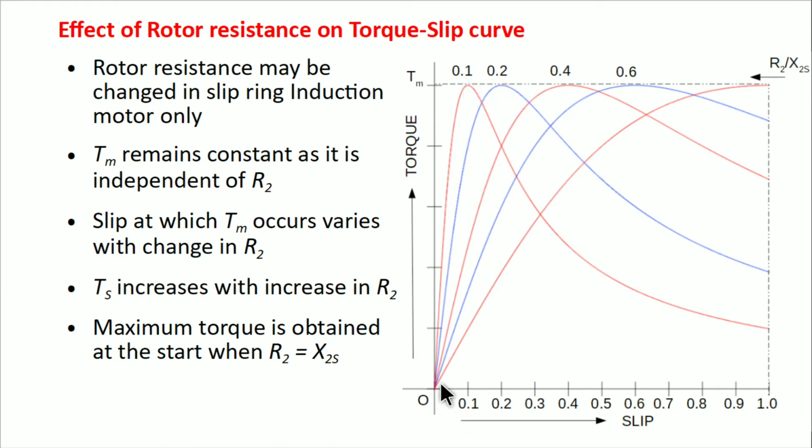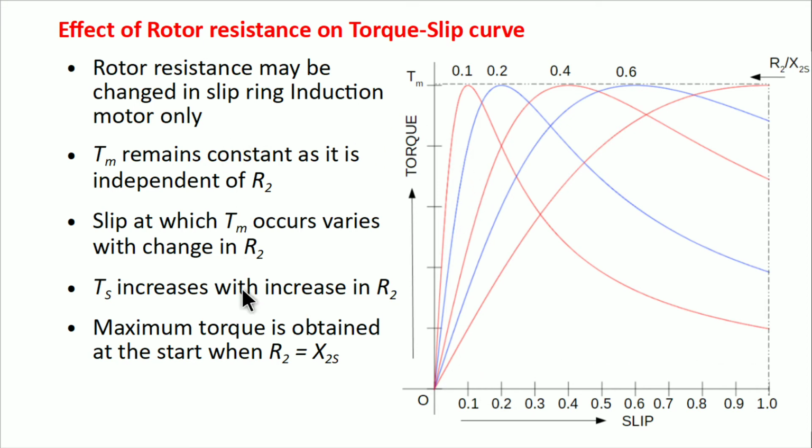Now this line, the inclination will also change. It is directly proportional, it will reach the maximum value here, and after that it will again follow the inverse proportion part, that is, torque is inversely proportional to slip beyond this. So our curve, in the first case, was having rotor resistance to reactance ratio 0.1, this curve. If we have doubled the resistance, then it will follow this curve. Actually, the point where the maximum torque occurs, first it was here, now it is changed from 0.1 to 0.2.